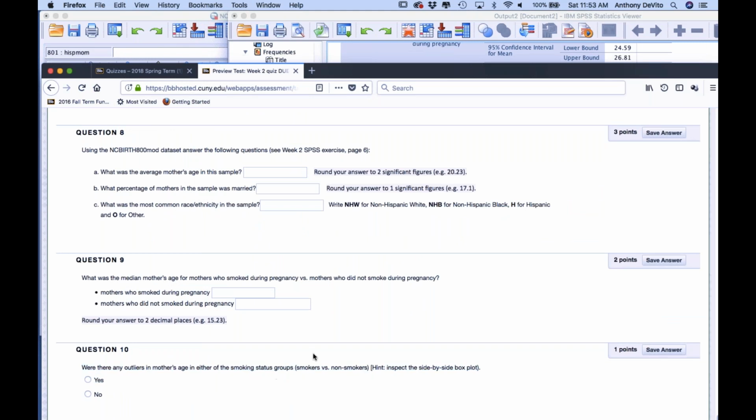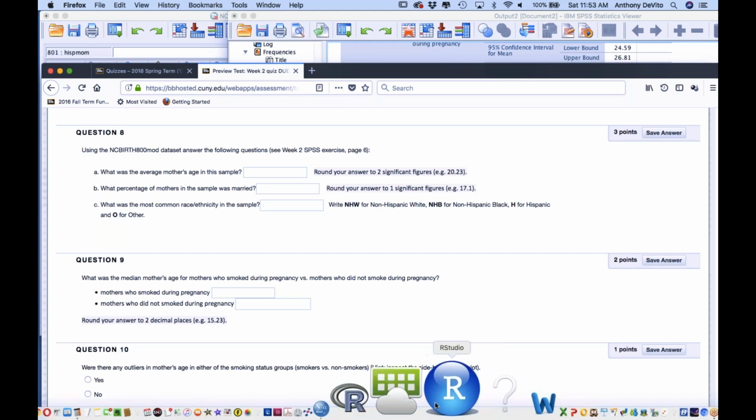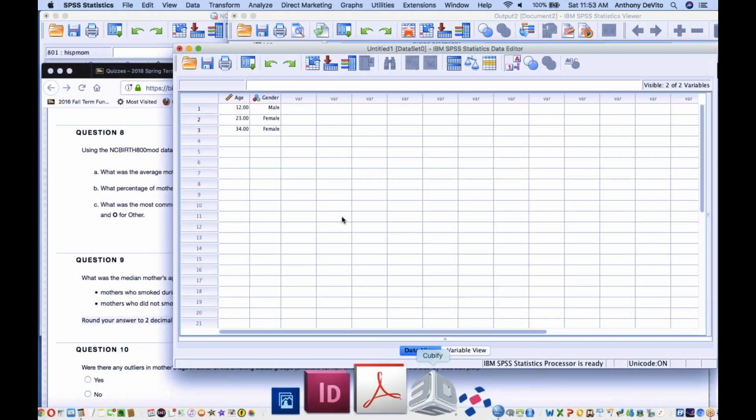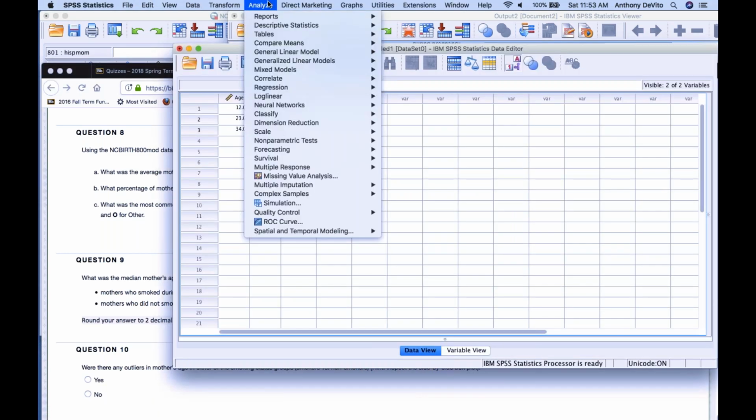Okay, so I think the last question is, were there any outliers in the mother's age in either of the smoking groups, smoker versus non-smoker? Inspect side-by-side box plot. Well, you want to know, there's a dirty little secret there I didn't point out to you, right? And that is, whenever you do analyze, descriptive statistics